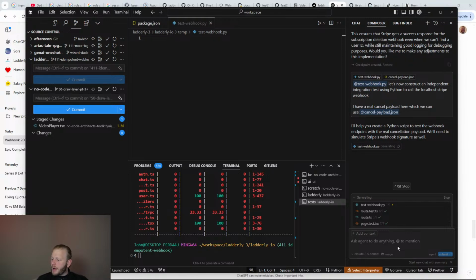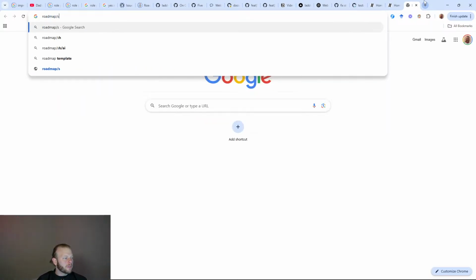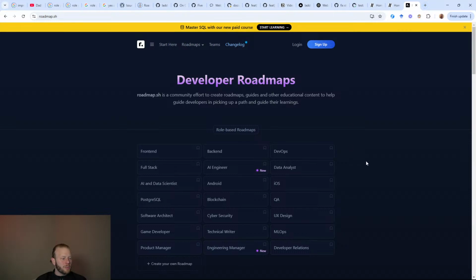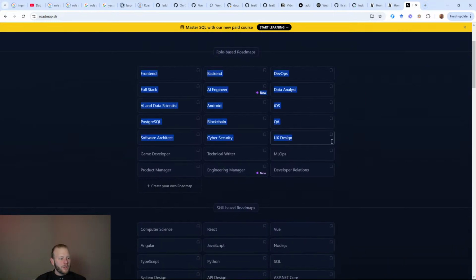Do you think roadmap.sh is a good start? You can do worse, but you can do better. Laterally is better. So here's the first problem with roadmap.sh. It's not a roadmap. It doesn't tell you where to start. It gives you like 1, 2, 3, 1, 2, 3, 4, 5, 6, 7. It gives you 21 entry points. These are not all good entry points. You won't be starting with engineering manager, for instance.